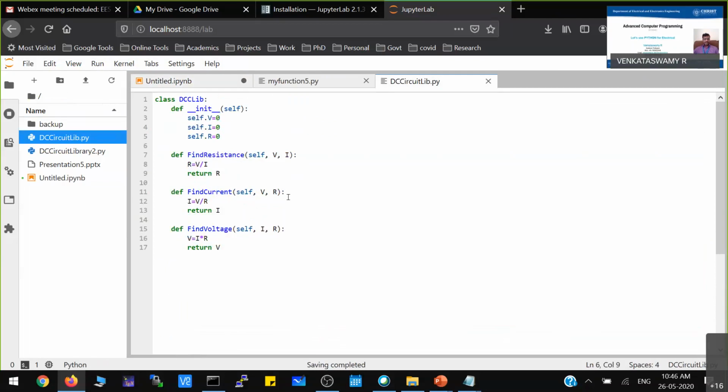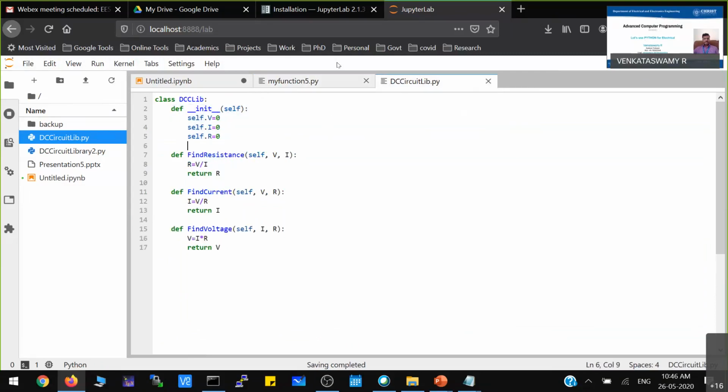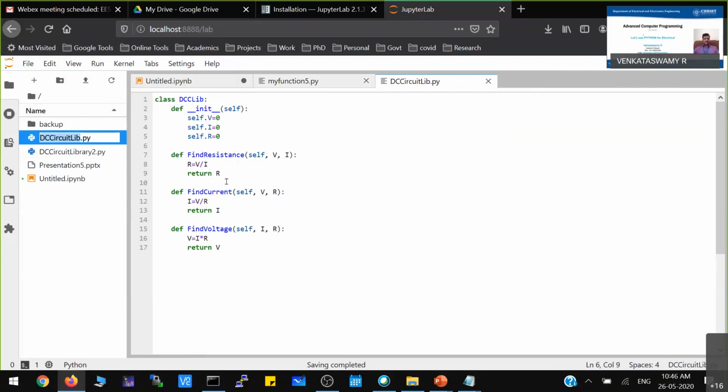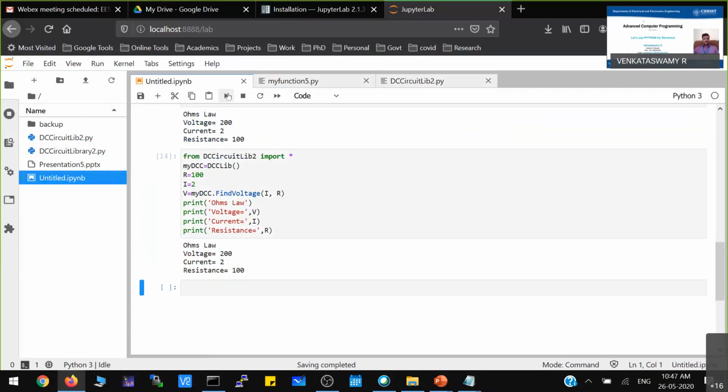Okay, the code is correct. I'll just rename this because there is some issue. I'll just rename this one. Yeah. So you see, I got the same result.